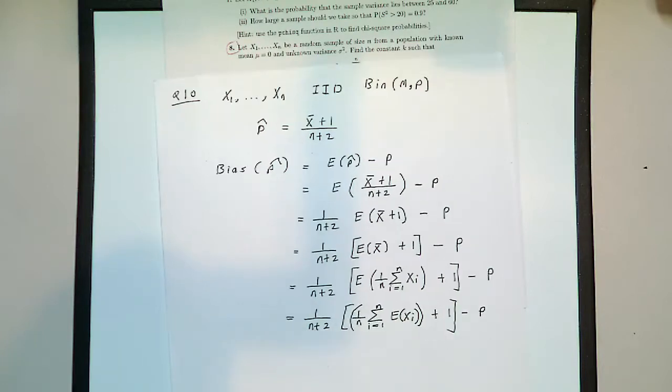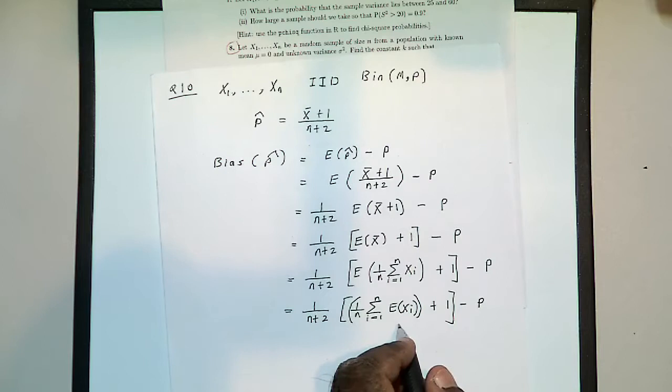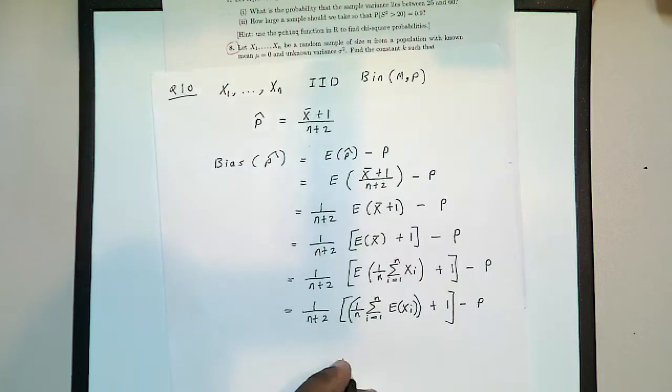Now I'm sure all of you know that the expected value of a binomial with these parameters is m times p, right? So this is going to be